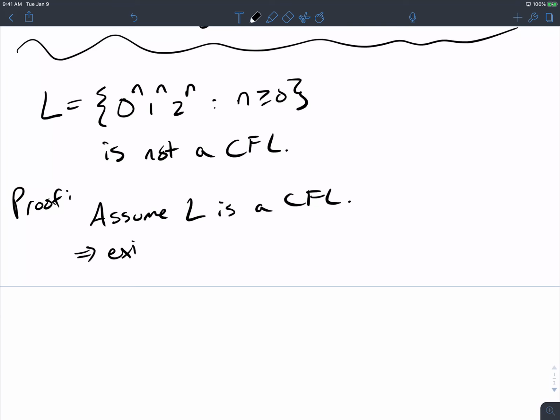So again, I'm going to shorthand it because we know what it means. There exists that constant P for L. Great. And then what do we do? A string. Yeah, we pick a string with what two properties? In the language and a length at least P. So remember, you know why I'm emphasizing that, right? Because most students missed that on the midterm.